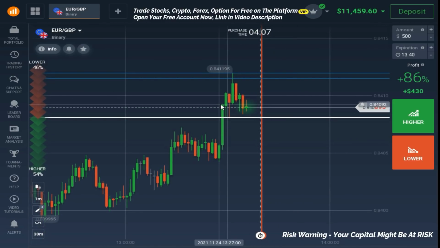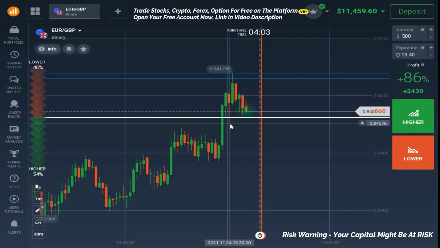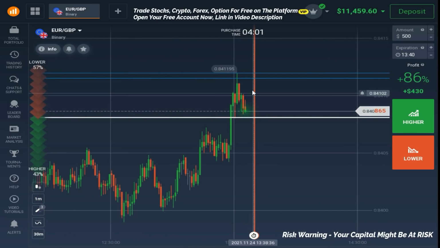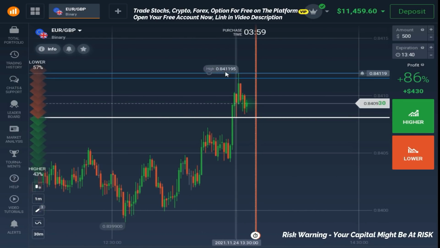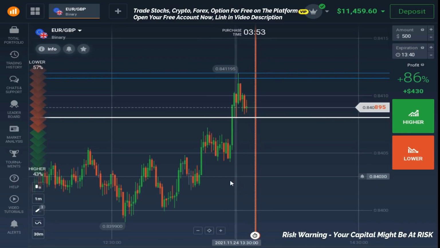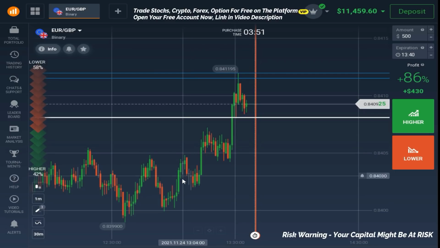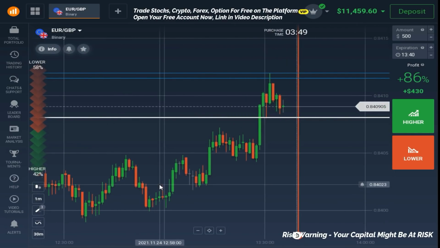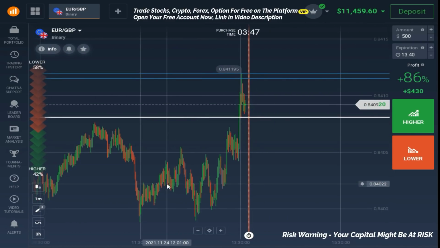This was the breakout, so it's a confirmation that the market is strongly moving in the upward direction. It is breaking and forming higher highs. If you look carefully in this chart, this was the higher high, and that's why we can say that you can see the market, if you look carefully here,